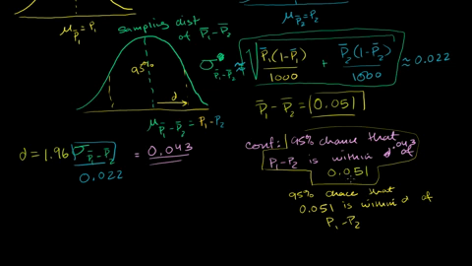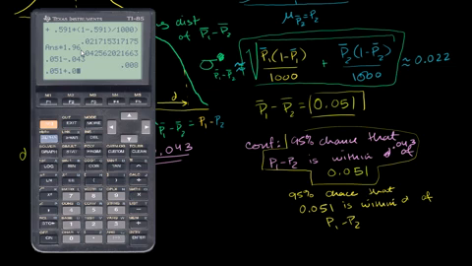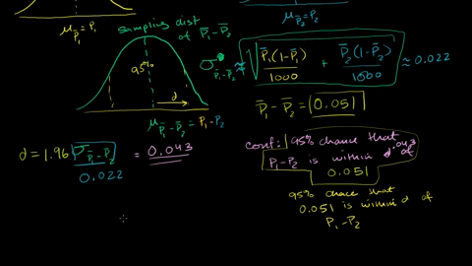Or if we actually want to get an interval, we take this value minus 0.043. So let's do that. So we could have 0.051 minus 0.043, which gives us 0.008. And then if we add it, 0.051 plus 0.043 gives us 0.094. So the true, or the 95% confidence interval between the proportions of men and the proportion of women